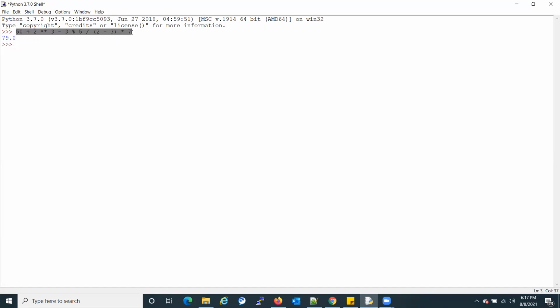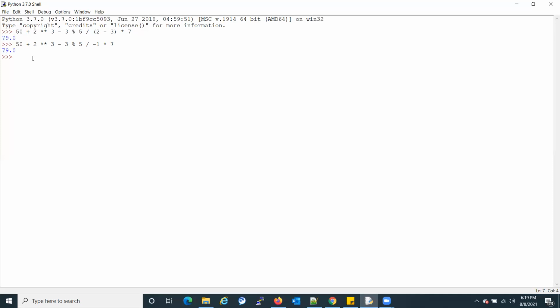Let me copy this expression and paste it here. As we discussed, bracket or parenthesis has the highest priority. So let's calculate this expression, which returns us -1, giving -3 -1. Same 79.